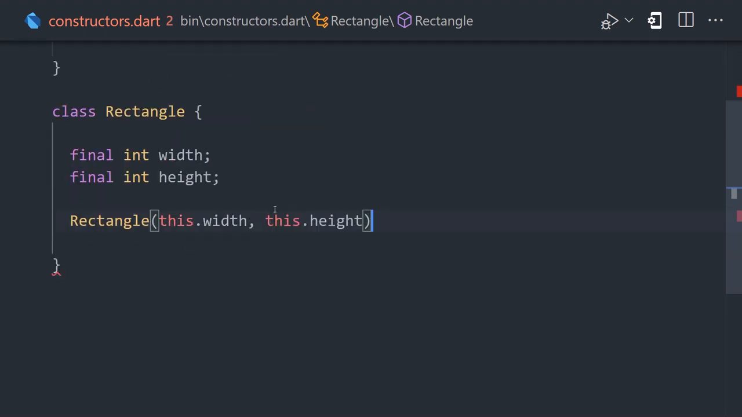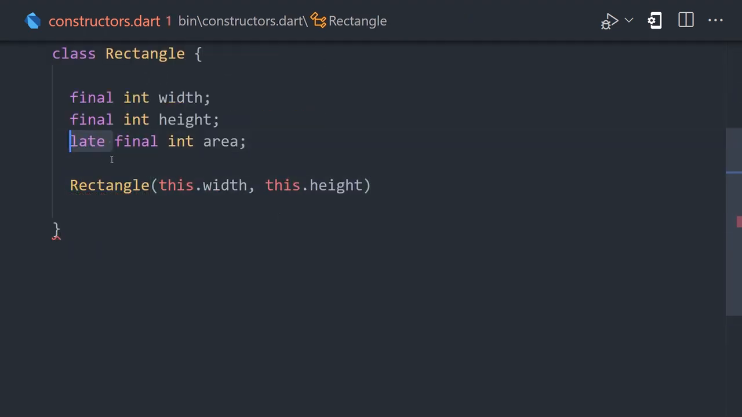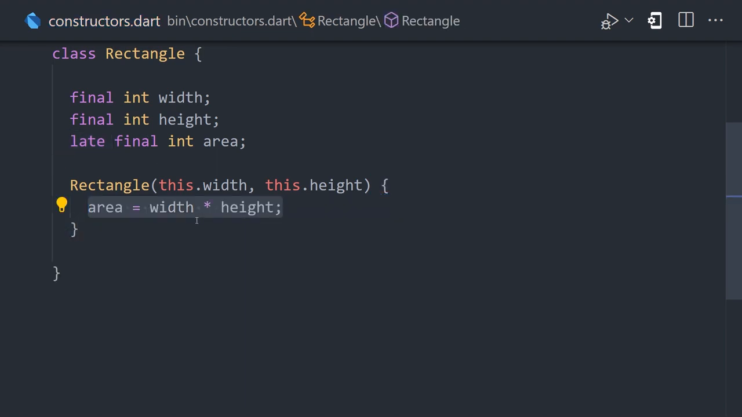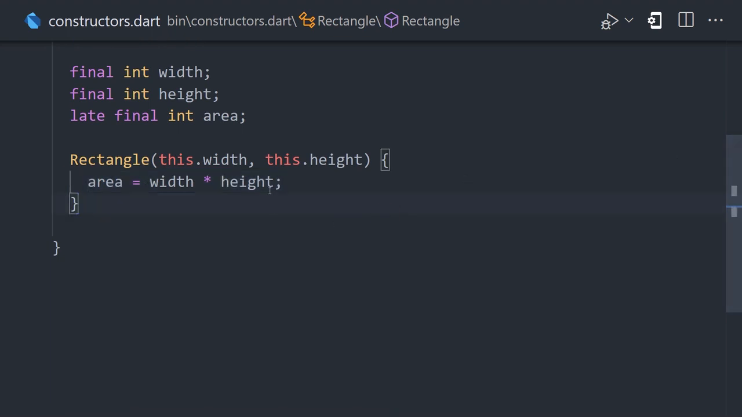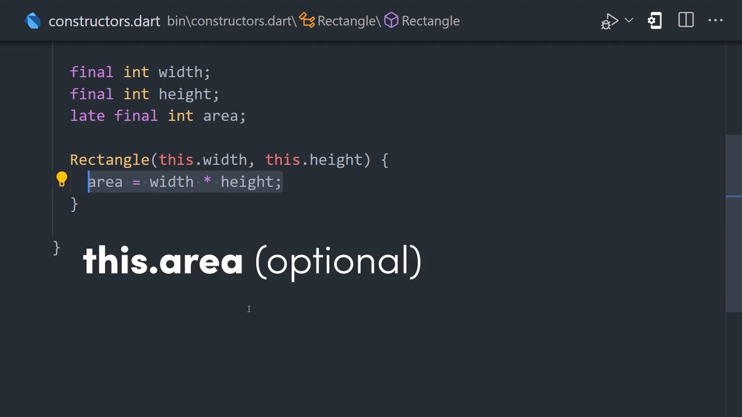The constructor works just like a function, so we can add braces after it to run some code like the calculation of the area by multiplying the width by the height. The one caveat here is that we need to use the late keyword on the area instance variable because it's not actually assigned until after we have the width and the height values. Another thing to point out here is that in the constructor, you can use the this keyword to reference an instance variable, although it's optional and you only need to do that if it has a name collision with something